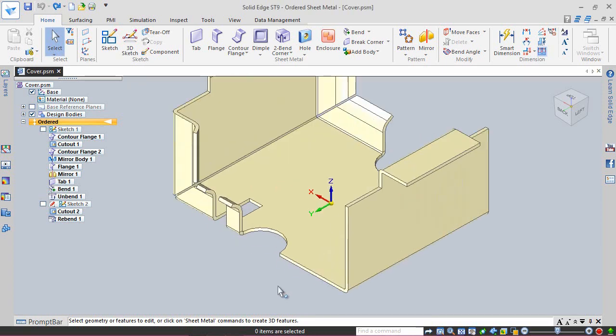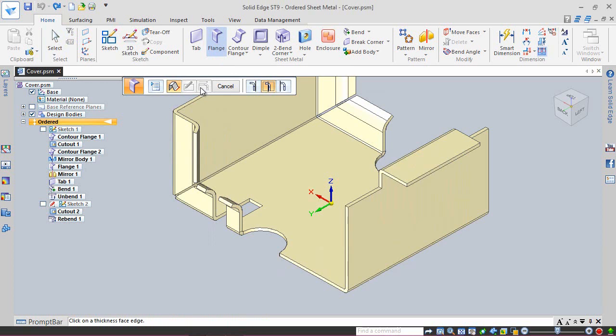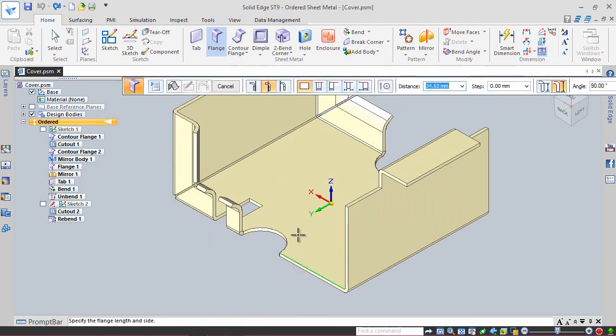Activate flange tool and select the material outside option. Select this edge and create a flange of 91 mm in length.